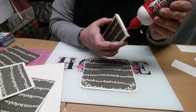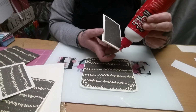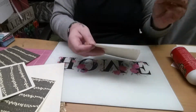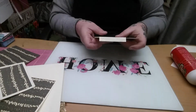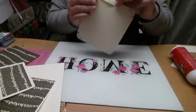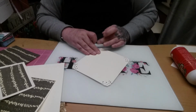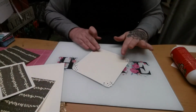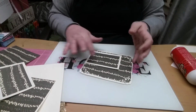Yeah, on some glue there, and then on the inside of the flap as well. And then we're just going to place it where we want it to go on our pocket, like so. You didn't actually have to put any glue on the back of that. You can take that off if you want, or just leave it, but you only need to put glue on the inside of the flap. So if we just open it up, give it a wee press down, and then take our next one,